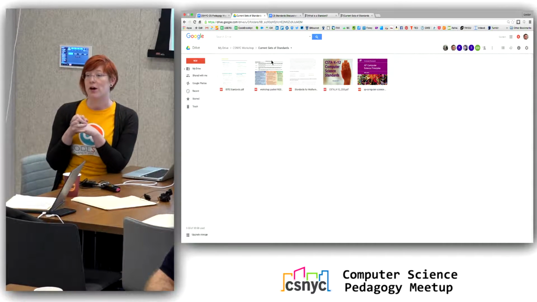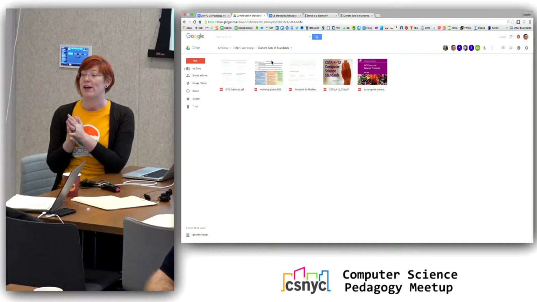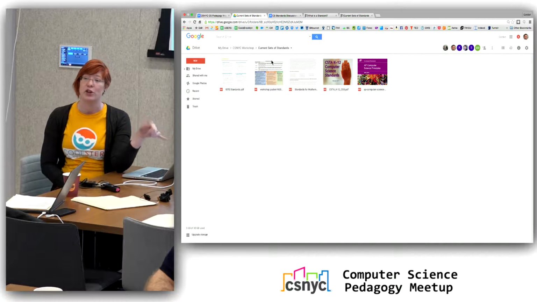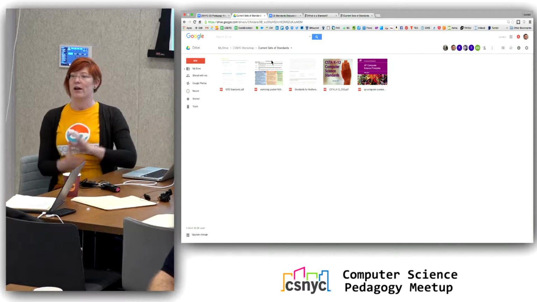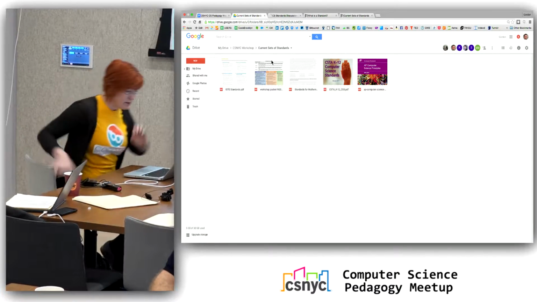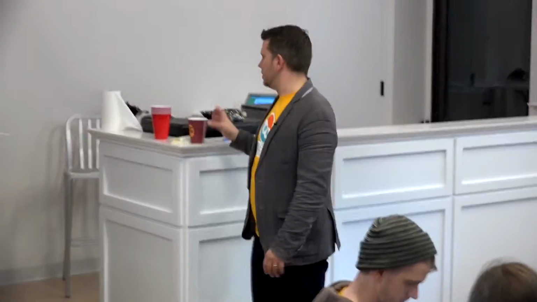The Common Core math practices are not in there, so you may want to look in the folder for that. Common Core Math, but it's in the folder. Yep. Alana, you want to? It's also linked on the last page we were working on in the document. Okay. But it's in the folder.